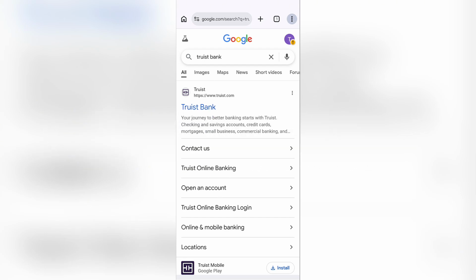Now, in order to log into your Truist Bank online banking, you just simply need to open any of your browsers and then search for Truist Bank in there. Then this first link of truist.com will appear, and under that you will get to see the option of Truist Online Banking. Tap to Truist Online Banking, and after tapping in there, it will open the official website of